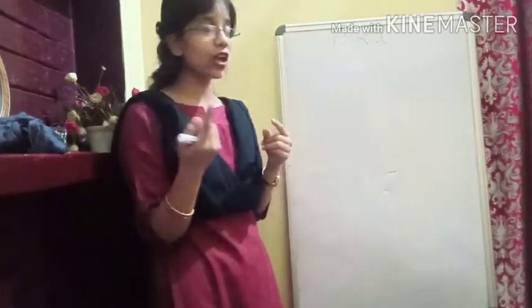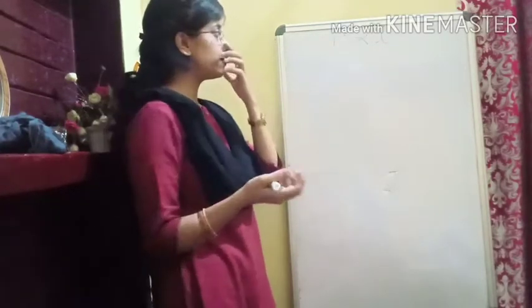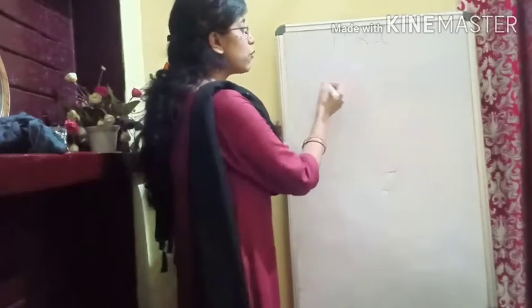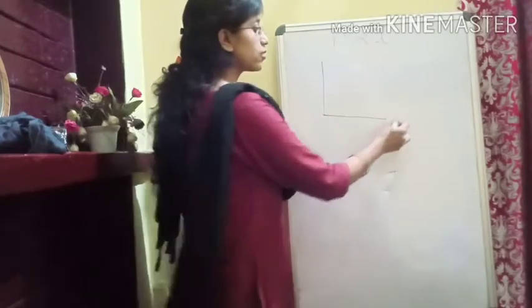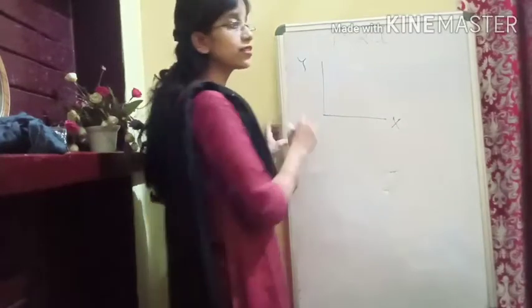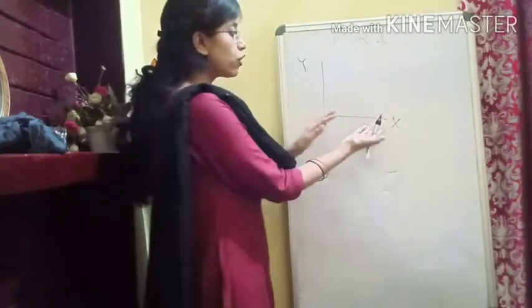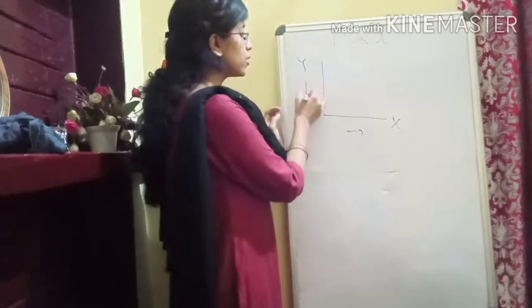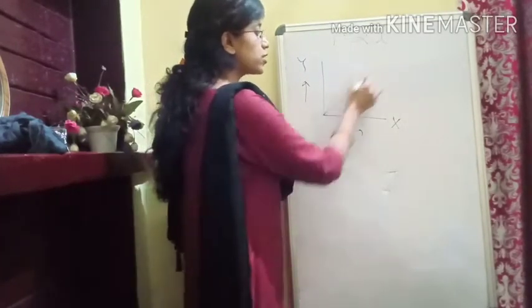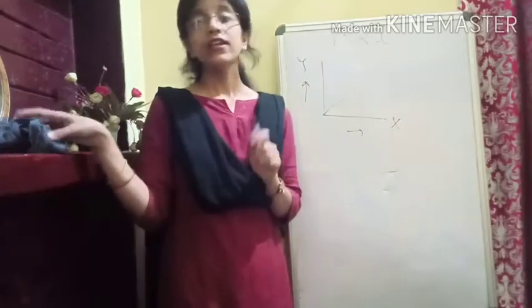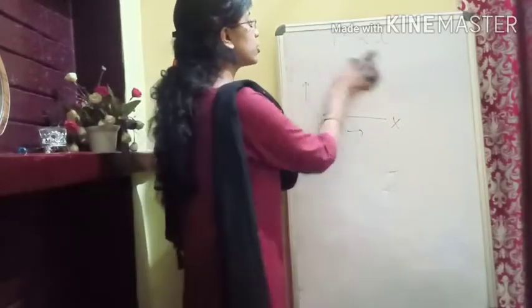And if you remember in your class 8 or in the previous classes, if we want to draw a graph, we always have taken two axes, that is one x-axis and one y-axis. And if you remember that on one axis we represent something, on y-axis we represent something, and according to that we plot some points and then we draw the graph. That is the same thing we are going to do here.